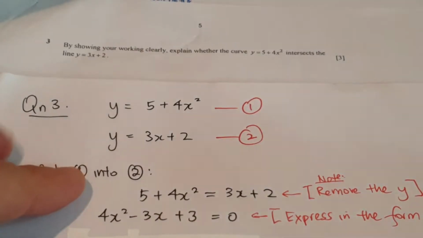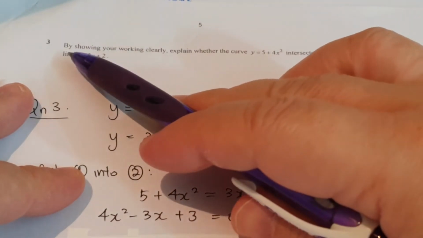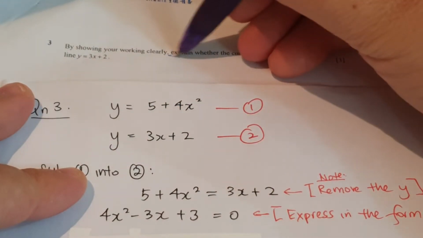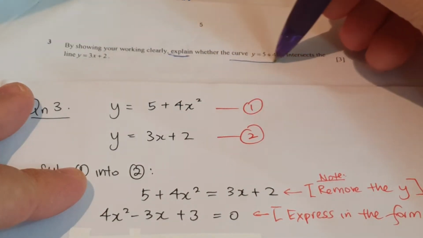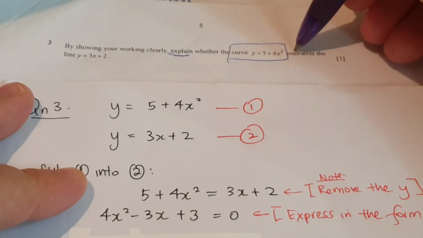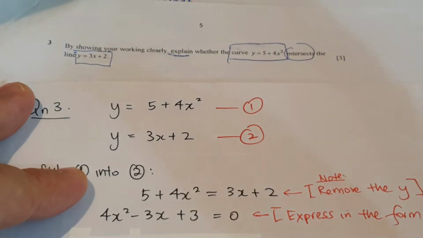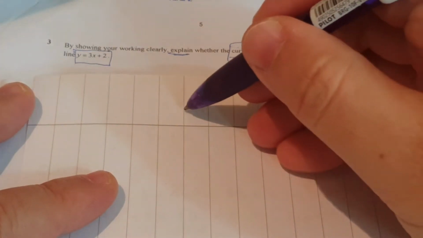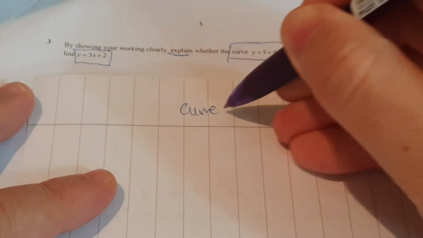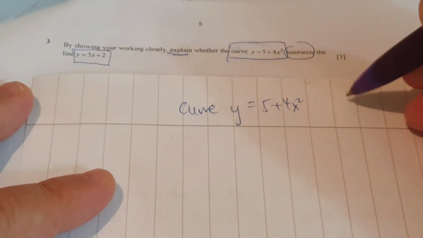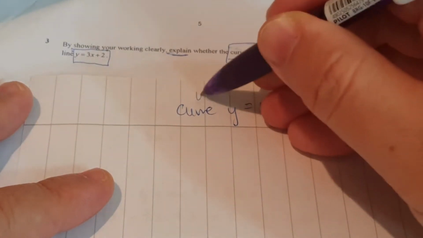Okay, this is question 3. The question says, by showing your working clearly, explain whether the curve will intersect the line. If you remember your textbook question, your resource book question, most of the time they ask you whether the curve, for example this question, will intersect